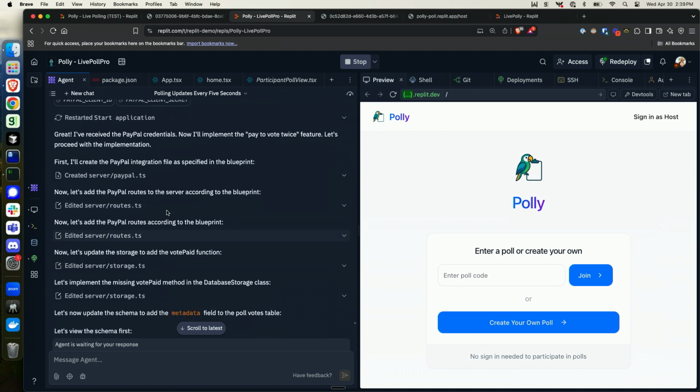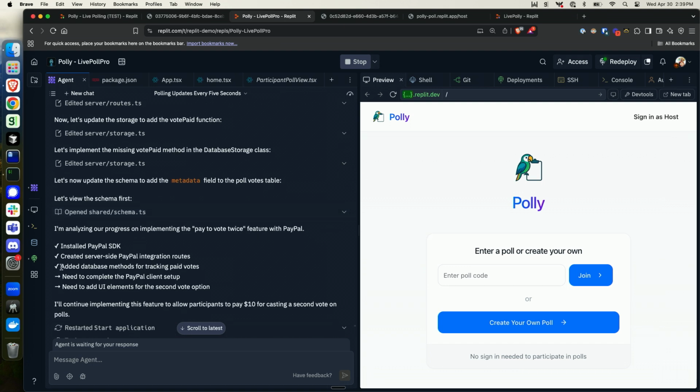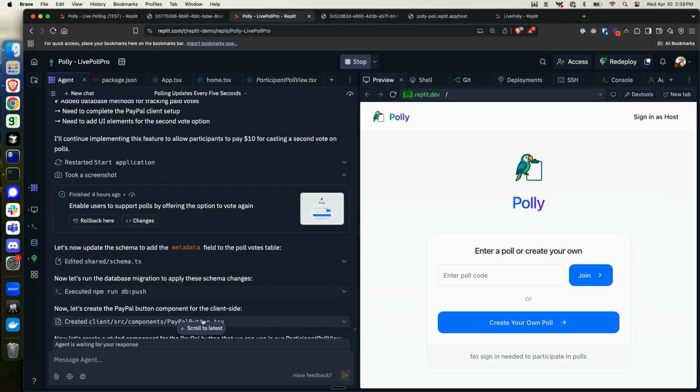Then once it goes in, it writes all the files that it needs. It updates the database schema and continues doing it. It's our first-party integration with Neon for Postgres. And then at the end, we have it available. And so let's actually just give this a try. So this is running right now.